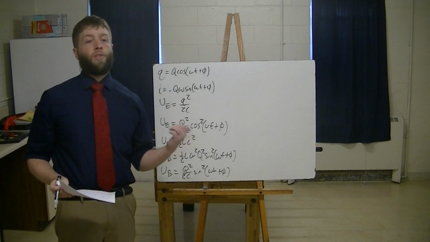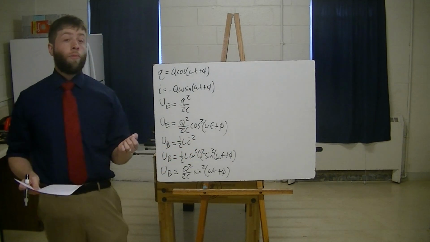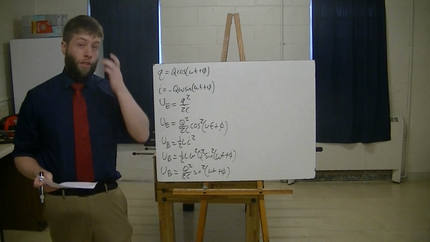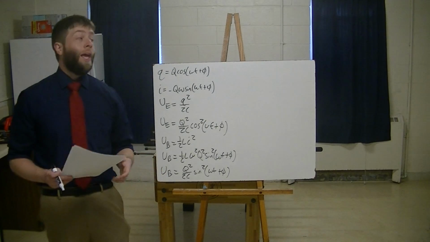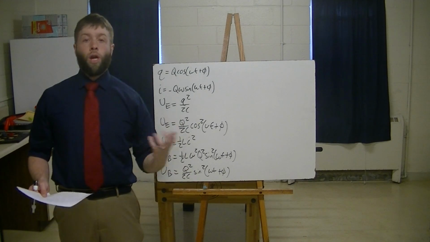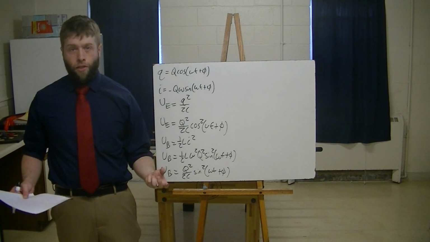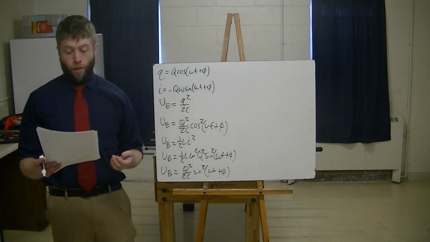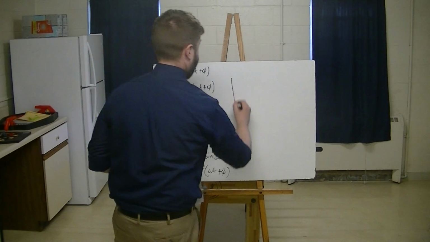We made a really big assumption when we did this problem. We assumed that the energy would not change in time. The total energy would not change. If, however, we introduce a resistor into the system, we all know that resistors give off heat, so energy is going to be lost. So this is the damped oscillation